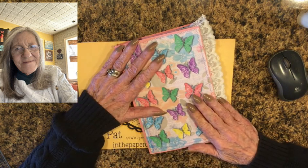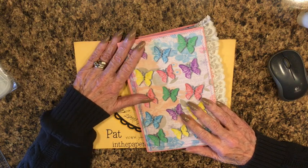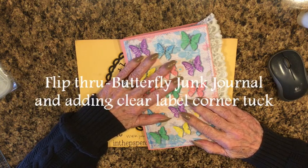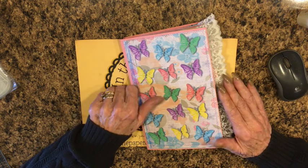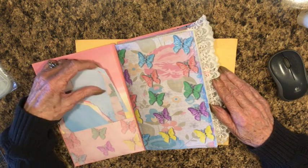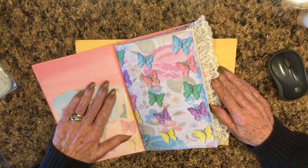We're on today. I'm going to be doing a flip through of the butterfly junk journal, which I have finished. This one is not totally decorated. I'm leaving it a little bit blank, so the one it's used, we can just add to it. There are a lot of tags left from our tags, which are easy and fast, which I did a video